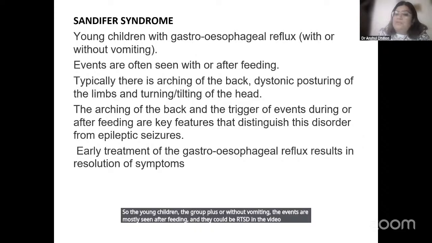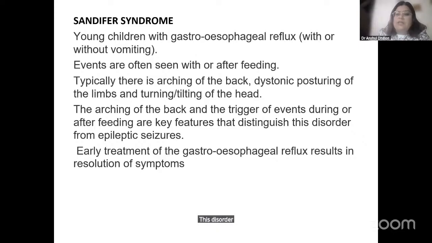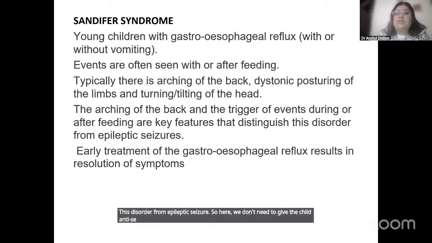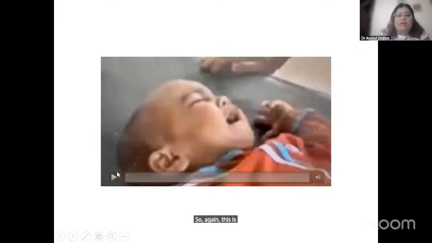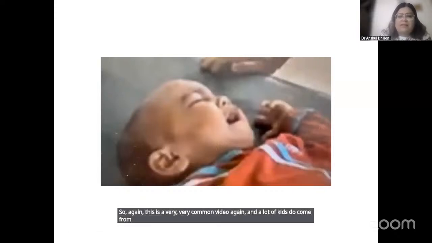And the arching of the back and the trigger of the events are the key features that distinguish this disorder from epileptic seizure. So here we don't need to give the child anti-seizure medication. The treatment lies in the treatment of gastroesophageal reflux. So again, this is a very, very common video again, and a lot of kids do come from remote places where